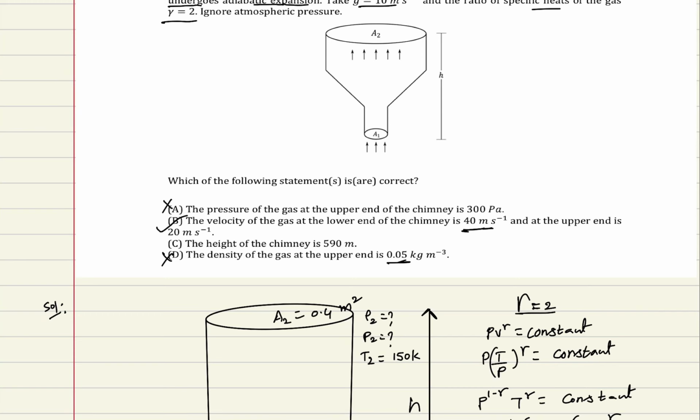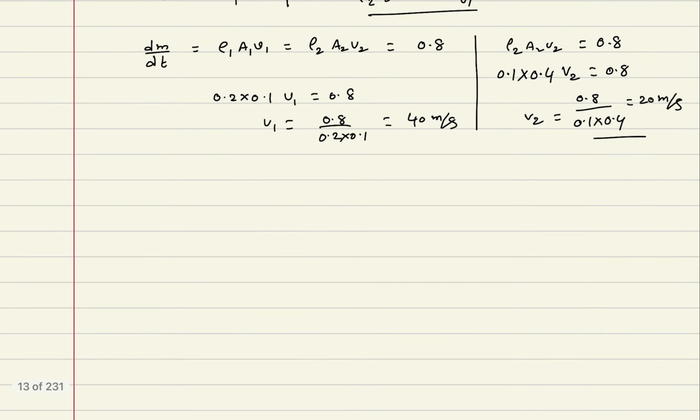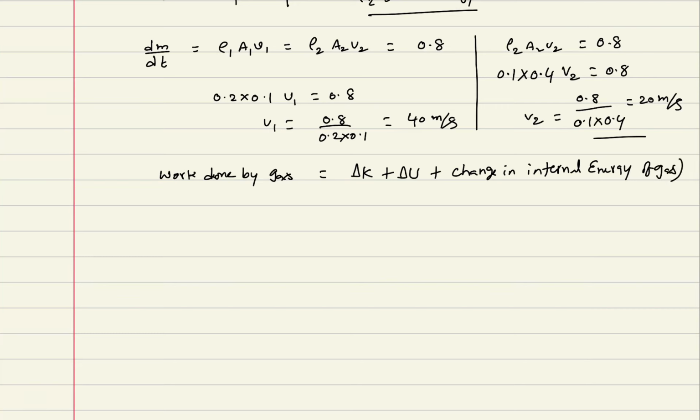Option B is correct. Now we are going to check the height of the chimney. For this, the work done by the gas is equal to the change in kinetic energy, the change in potential energy, and the change in internal energy of the gas. Here the gas is expanding